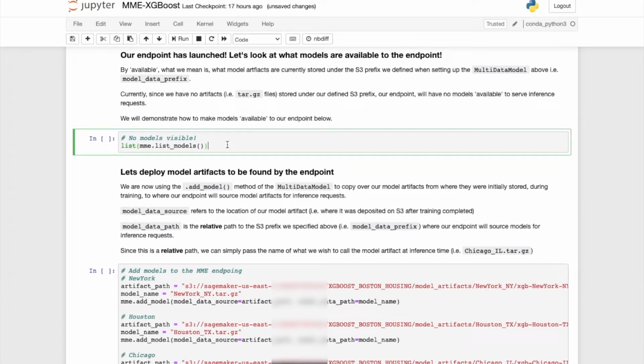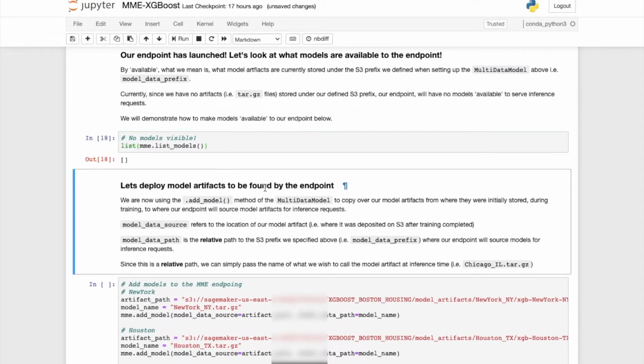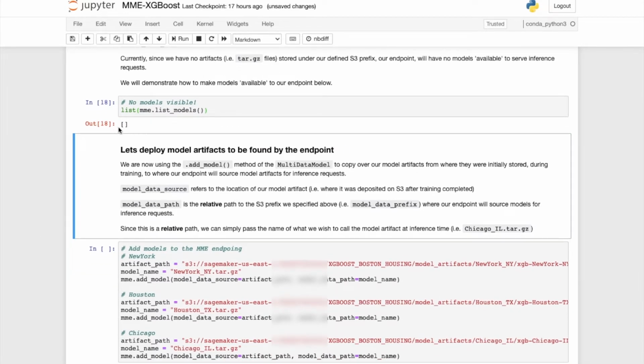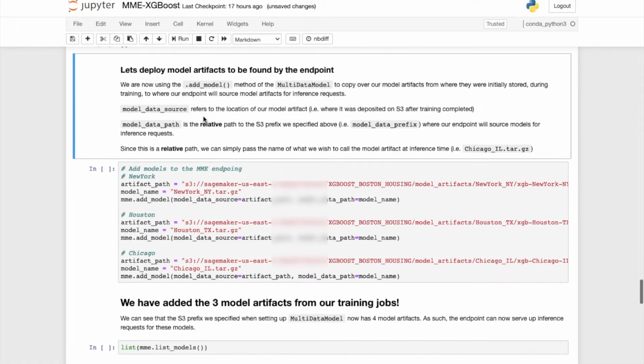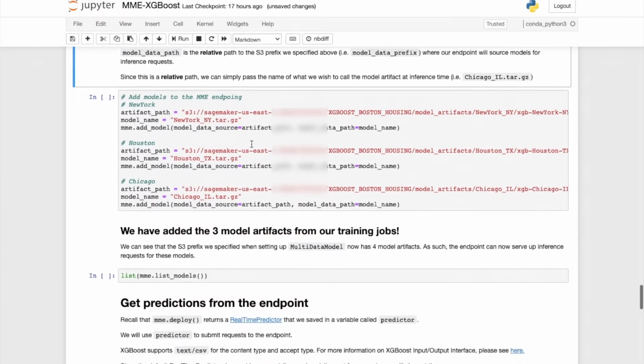Okay, so if I list the models that are associated with this endpoint, you see that I have none at the moment, and that's because I need to add and associate models to this multi-model endpoint. And that's done by calling the add model method.